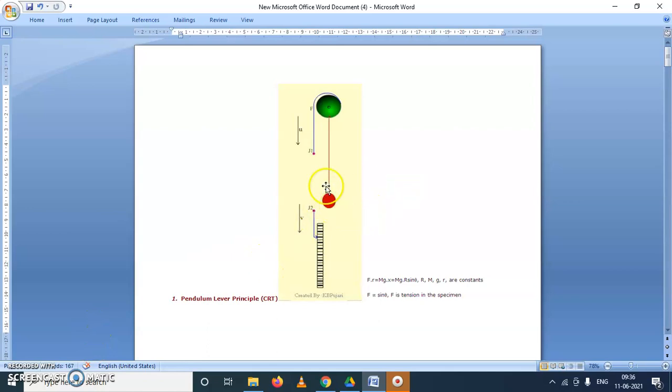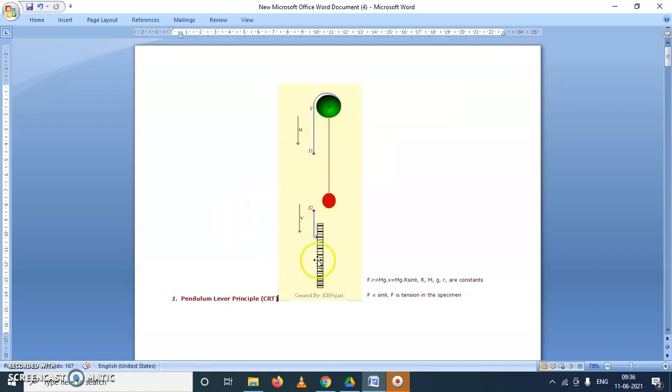If we look at the basic construction, the line diagram, this is a small pulley. This is the pendulum hanging here, and this distance is capital R, right? And the radius of the small pulley is small r, and this is a steel tape. This blue thing is a steel tape which is attached here at the pulley. This is jaw 1 and this is jaw 2. Between these the sample is clamped. It may be yarn, lea or fabric.